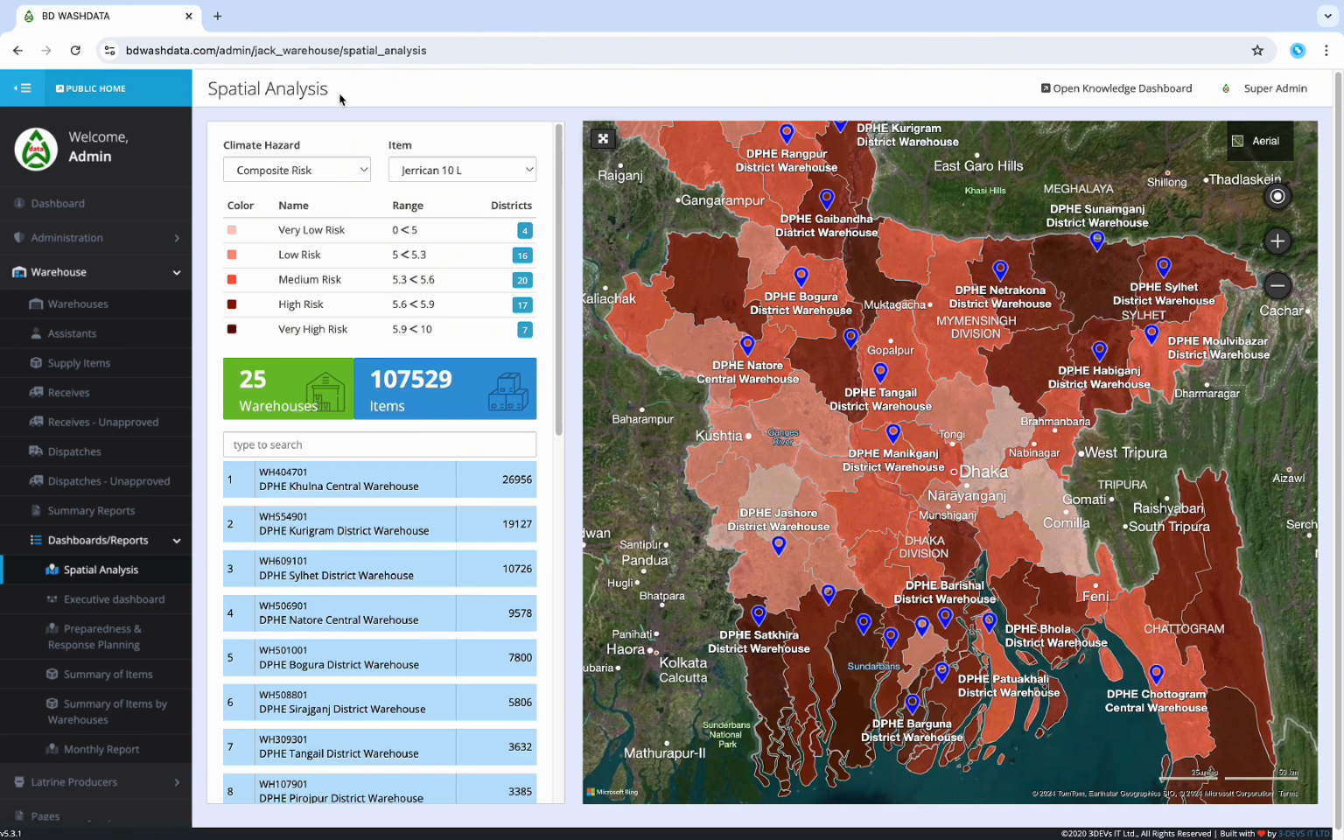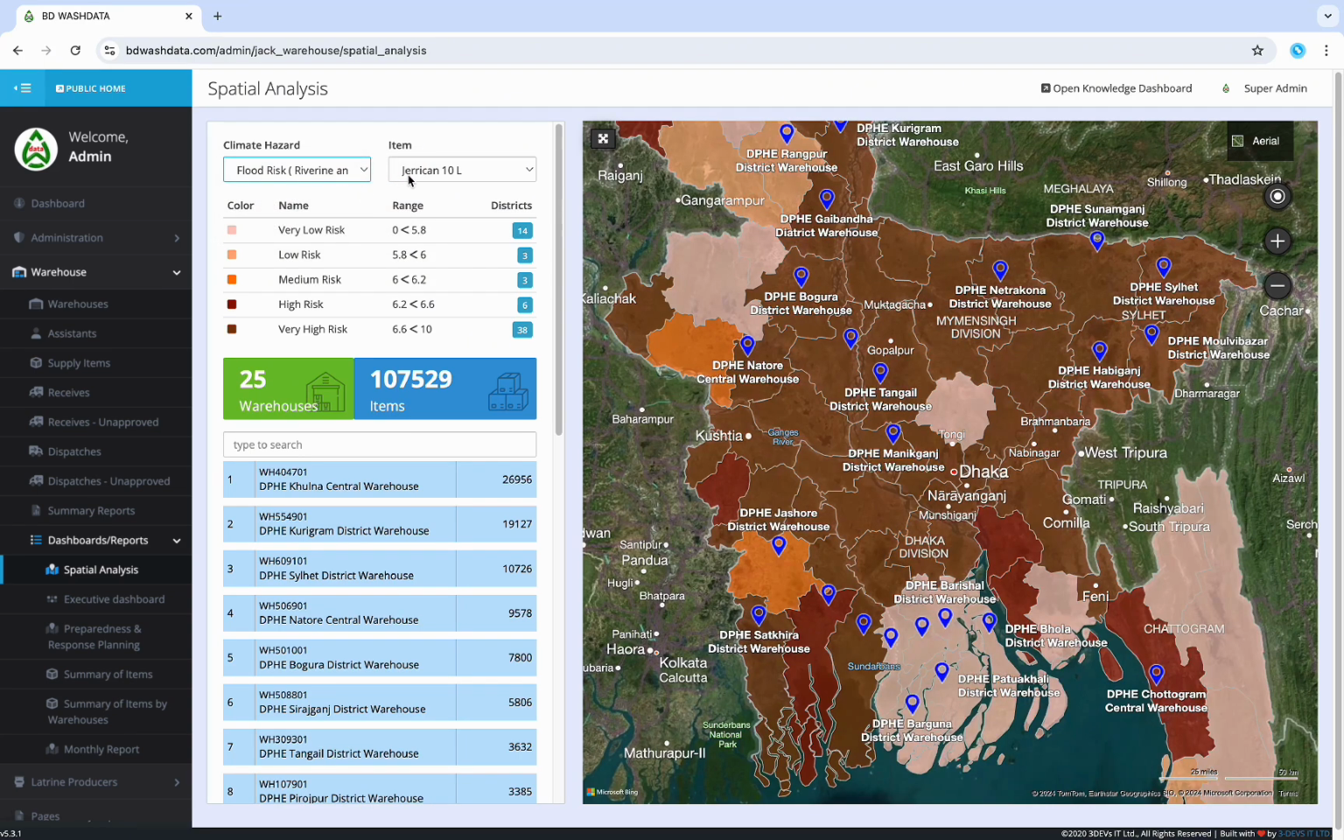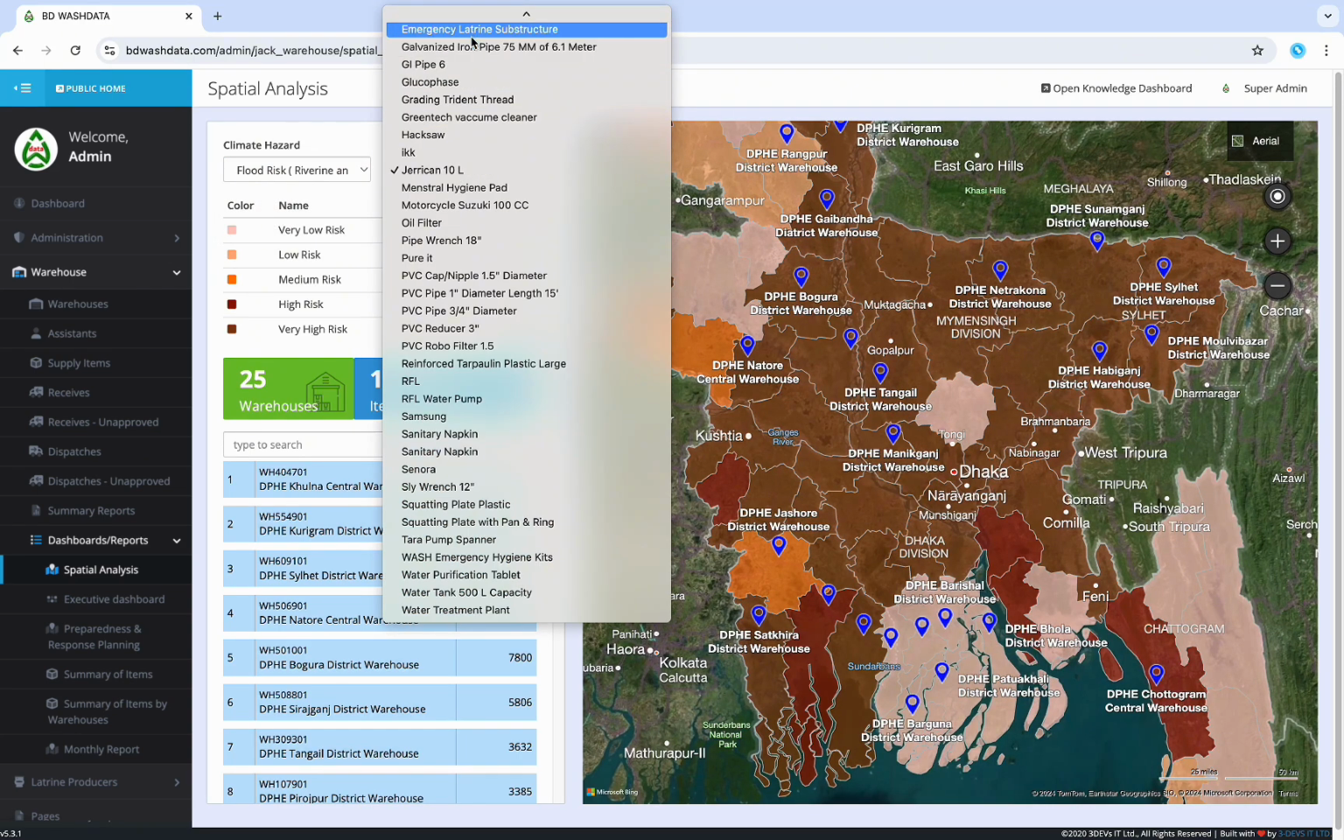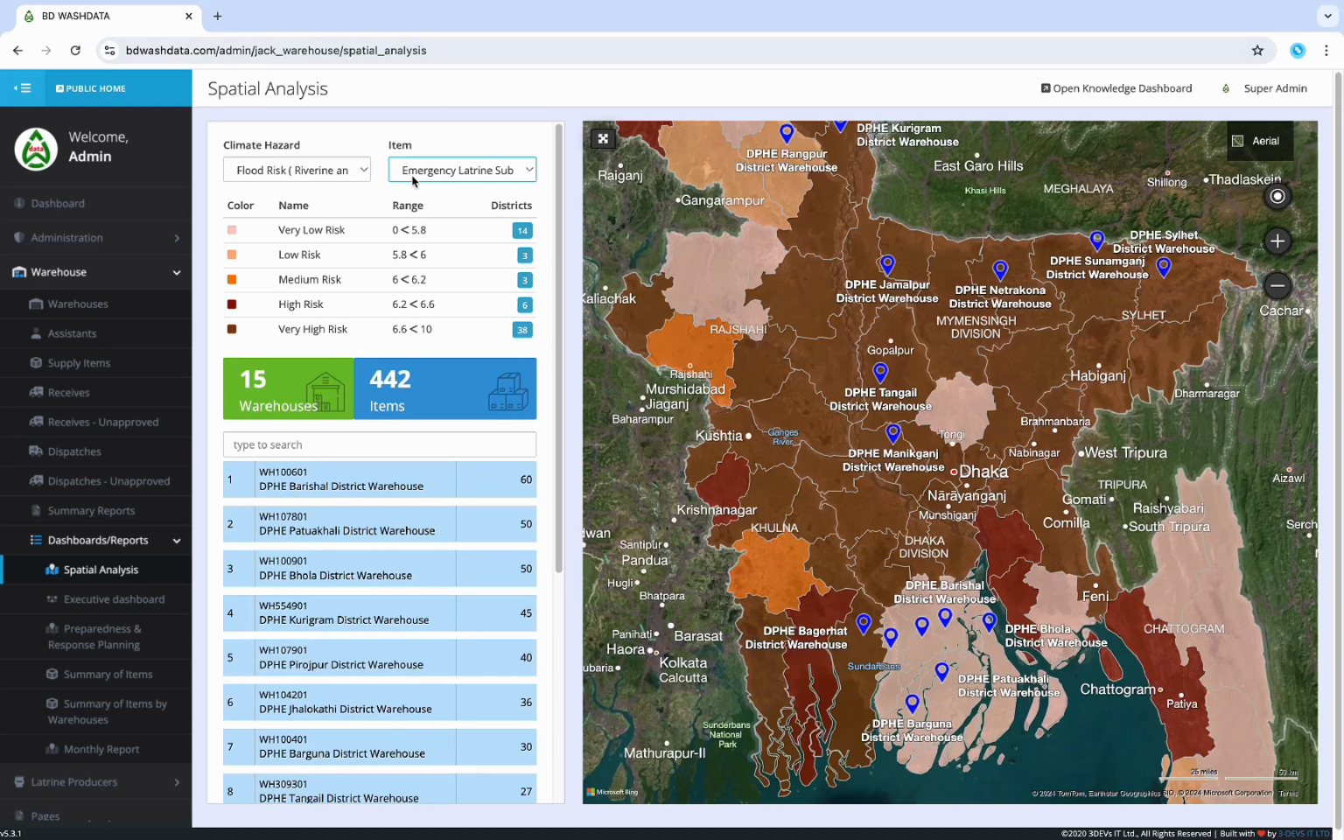If you're looking for data regarding specific items under a particular warehouse, start by selecting the Climate Hazard, Item, and Warehouse options. This will refine your search to the specific warehouse of interest. For example, I am selecting Flood Risk and Emergency Latrine Substructure from item drop-down menus, respectively, and selecting a warehouse